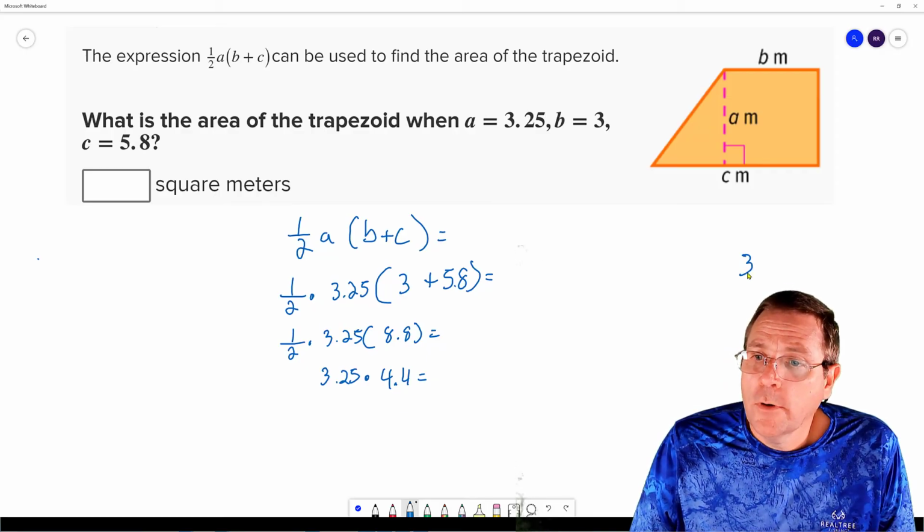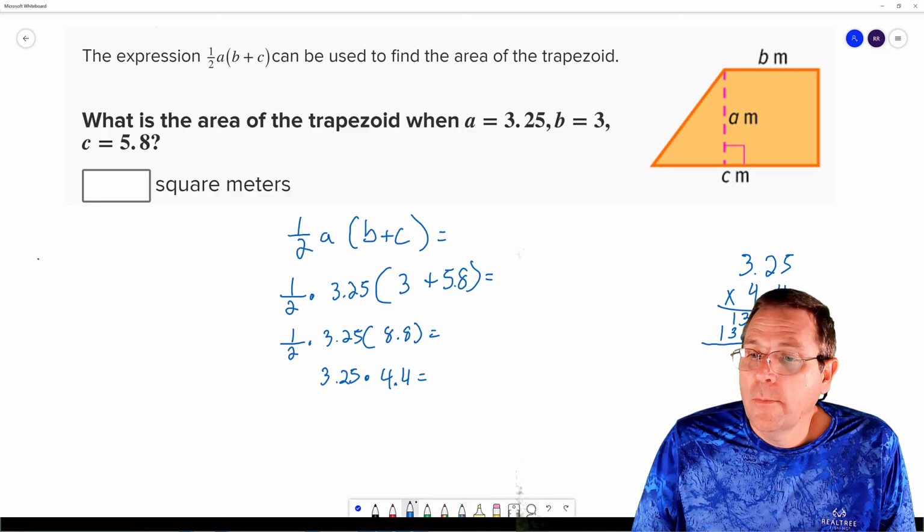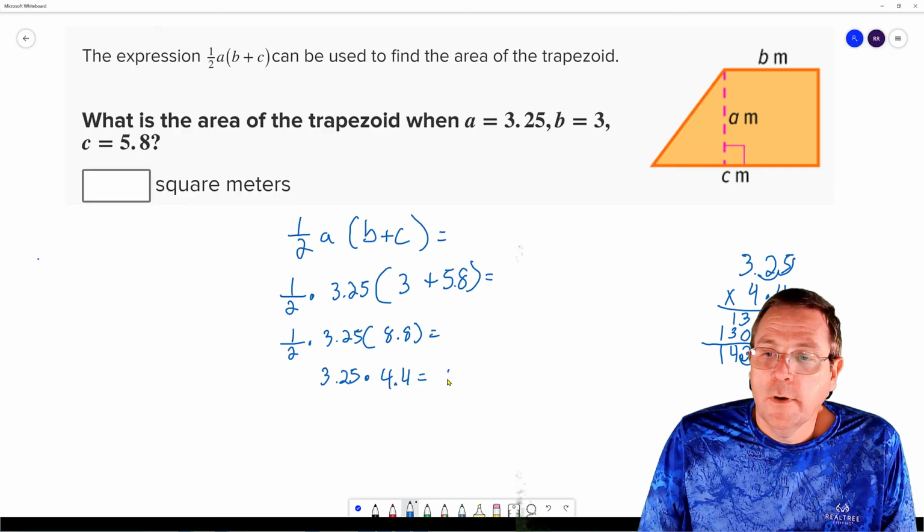So from here, I'm going to go off to the side and do my grunt work. Yes, I expect you to do your grunt work on this. This is not a calculator problem. 4 times 5 is 20. 4 times 2 is 8, plus a 2 from the 20 gives us 10. 4 times 3 is 12, plus a 1 from the 10 gives us 13. And it's going to be the same thing again. So I'll get a 0, 0, 3, 1 again, because we're multiplying 4 times everything up there. When I add that up, 0, 0, 3, 4, 1. And then we're going to bounce 1, 2, 3, 1, 2, 3. So the area is going to equal